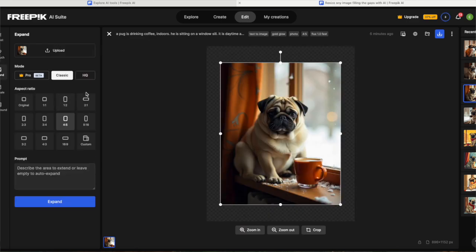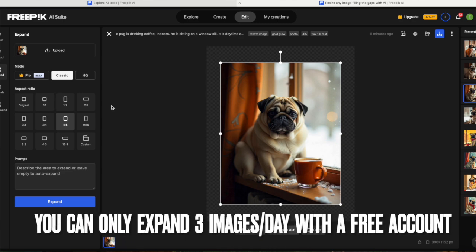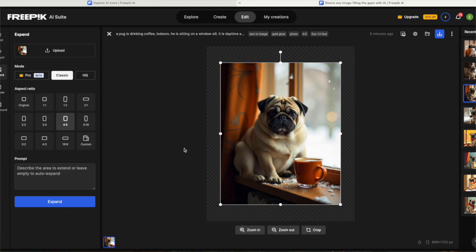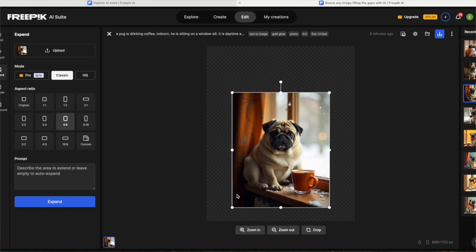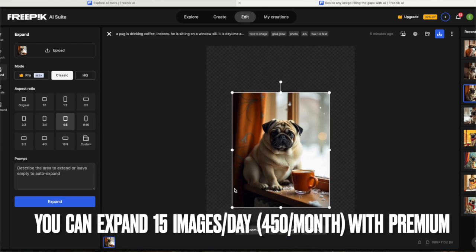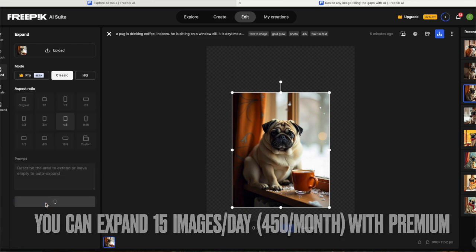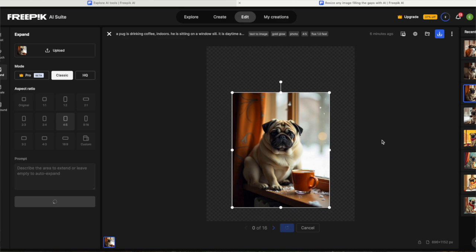Something that I enjoy a lot as a feature is the expand. Whenever we're looking at expand, and this can also get a little bit tricky, but let's say the pug is within this view frame, within the size on the image. Let's say I want to zoom out on the pug. I want to reposition the pug, and I want it to come up with the rest of the image. I'm just going to hit the expand, and provided the image is within the same frame, it's going to give